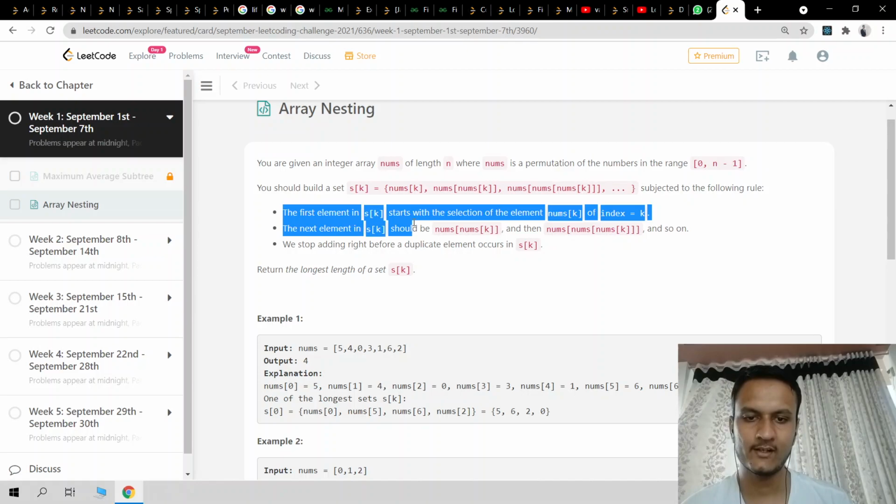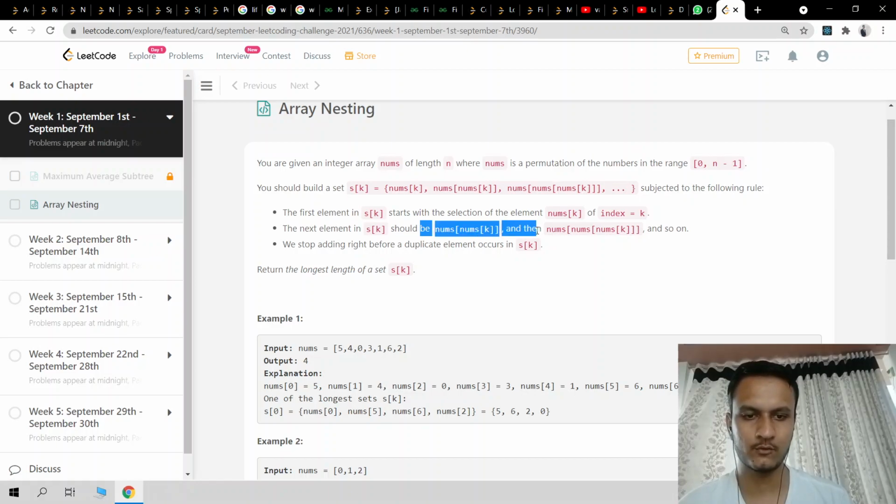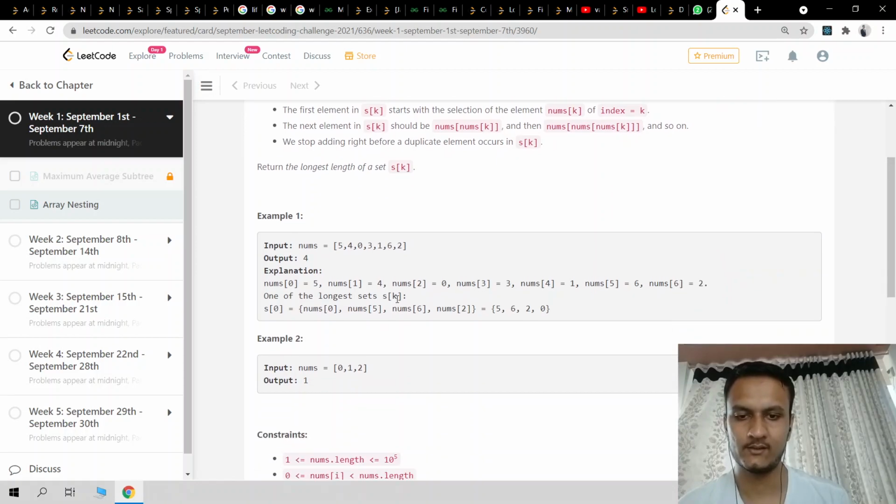The first element in s[k] starts with the selection of the element nums[k] at index equal to k. The next element is nums[nums[k]], and then nums[nums[nums[k]]], and so on. We stop adding right before a duplicate element occurs in s[k]. Return the longest length of set s[k].